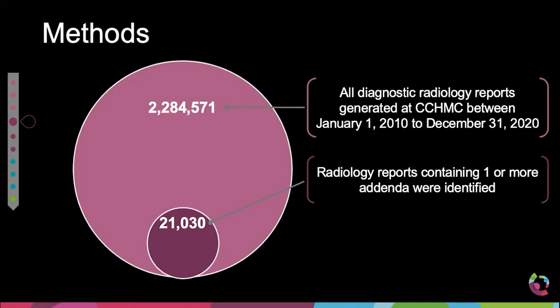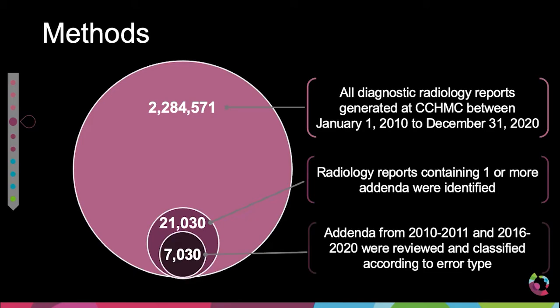All pediatric radiology reports containing at least one addendum generated between January 2010 and December 2020 were retrospectively identified, which totaled about 21,000 reports of almost 2.3 million reports collected over 10 years. Then, randomized subsets of addenda from 2010 to 2011 and 2016 to 2020 were reviewed and classified according to error